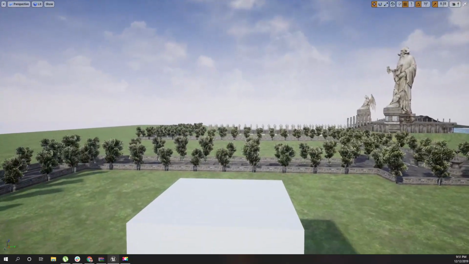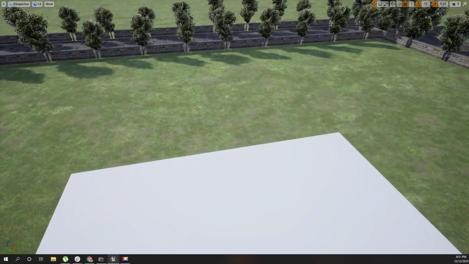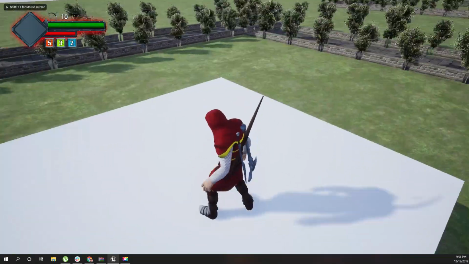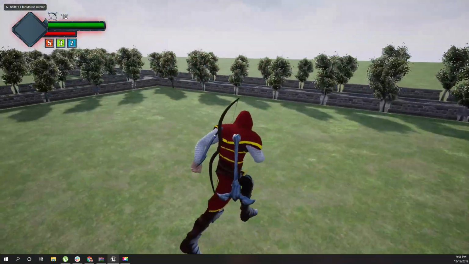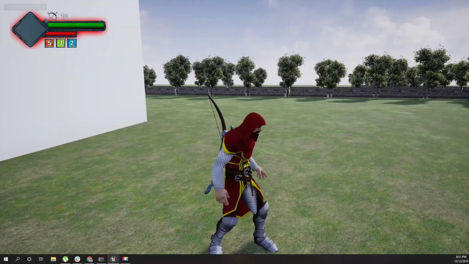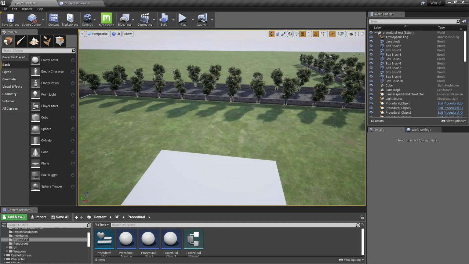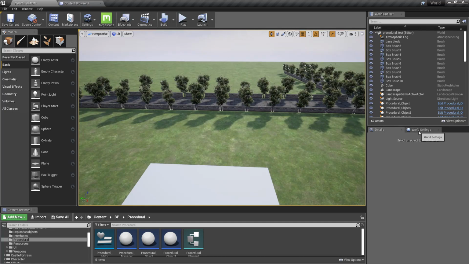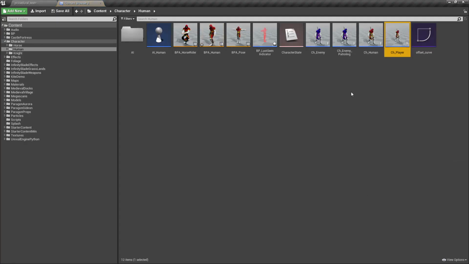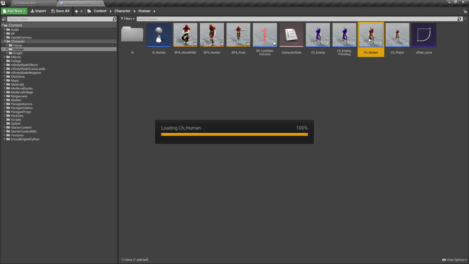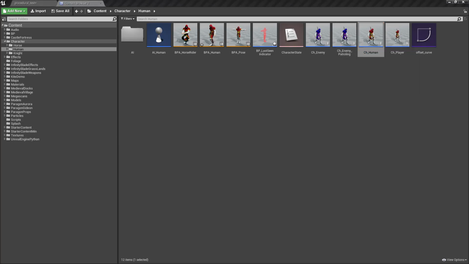Alright, so at the moment I haven't implemented any fall damage, so when I fall down nothing happens to the character. Right, so where do I start to implement this? Okay, let's start by opening this ch human, which is the parent class of the player class,